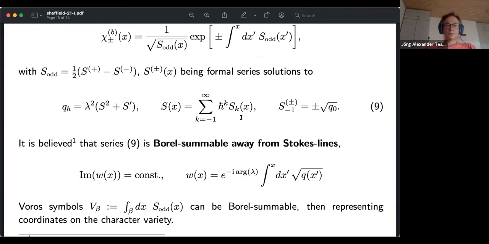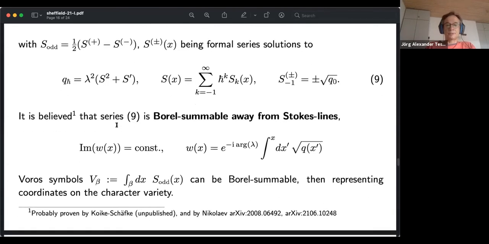Yeah, so then you will find that to lowest order you have this condition, and then the higher expansion coefficients here are uniquely determined in terms of the lower ones through this equation. So that's a relatively straightforward part. What is not so straightforward is the Borel summability of this series, but in some cases,